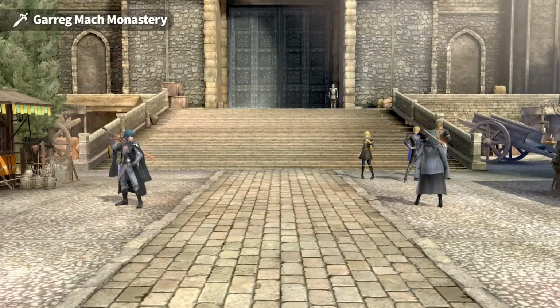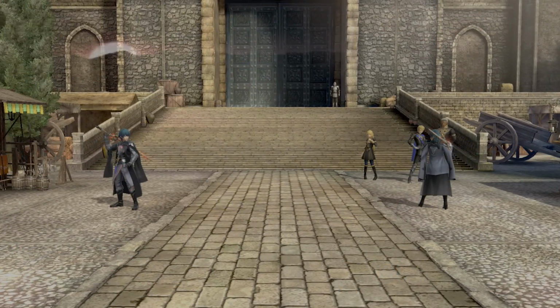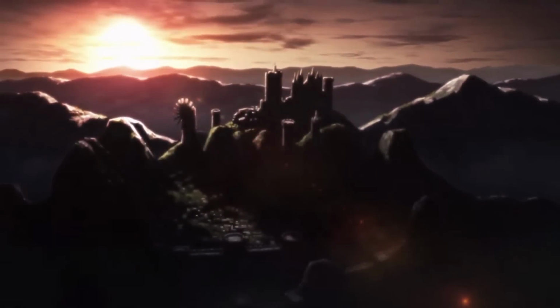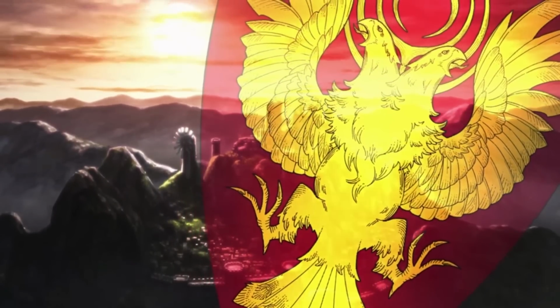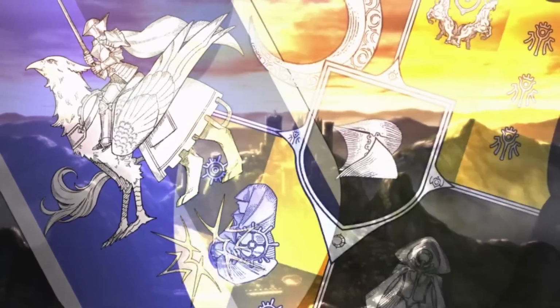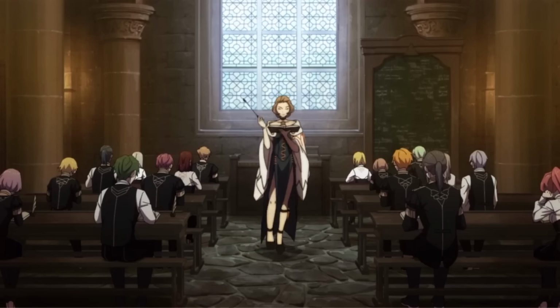The final DLC stage from Fighter Pass 1 came with Byleth, the Garreg Mach Monastery. This location serves as the setting for Fire Emblem Three Houses. It contains the Officer Academy, where Byleth is hired on as a professor, and it also has a cathedral for the Church of Seiros. There are also smaller areas found throughout the monastery, many of which are explored in the